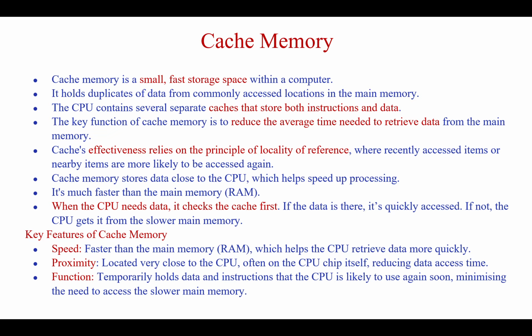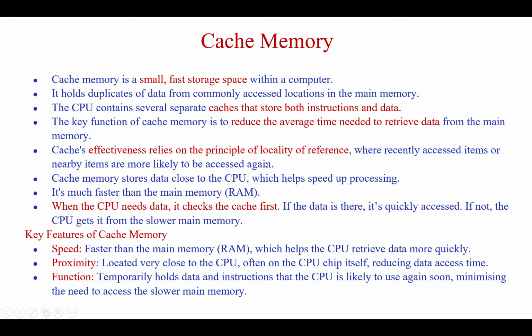When the CPU needs data, it first checks the cache. If the content is found, then there is a hit. Later I'll tell you what a hit and a miss are. If it is found, it is very fast. Otherwise, it goes to main memory, which is slower. So why do we need cache memory? There is a big speed gap between the CPU and the main memory. If the CPU waited for every memory access, it would be idle a lot. So cache helps to reduce that latency. This is the introduction to cache memory.